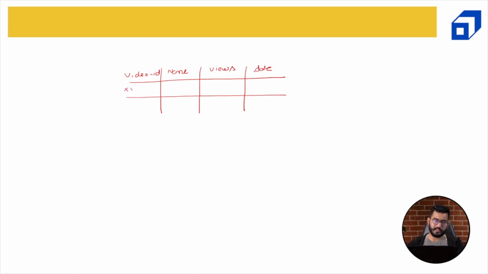Let's say the video ID XX2156, name is, let's say, T series, views is, let's say, 1000, date is 12, 12, 2023. If I get the same row with the exact same details,